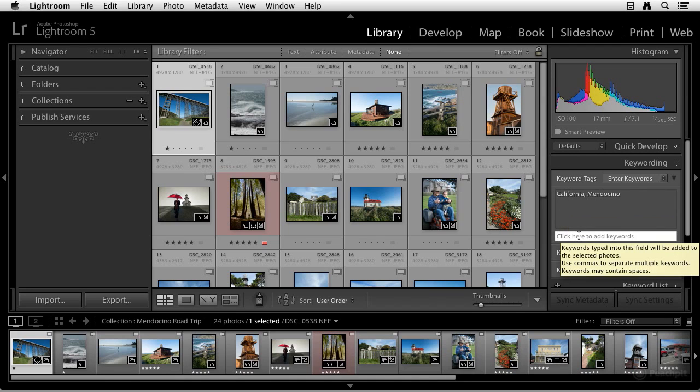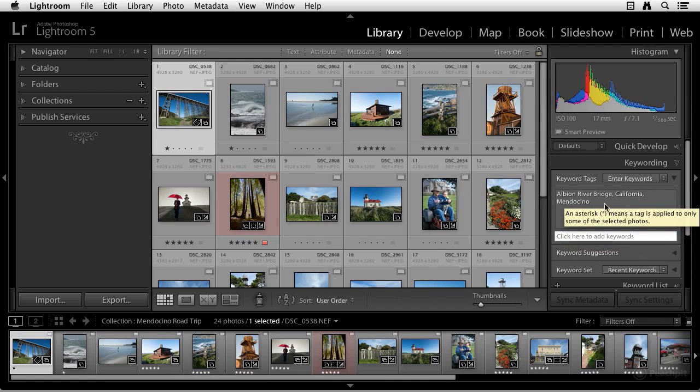Okay, let's keep describing this image. Well, I know that it was the Albion River Bridge. Notice you can use spaces. Okay, so now that's also added as a keyword, and it's alphabetized. You can see that. I'm going to keep adding some keywords. It's a wooden bridge. All right, return. And let's see, maybe we can add one more bit of information there. Let's just say it was shot in the spring. Okay, so now I've added keywords to this particular image, and I'm going to move over to the next image